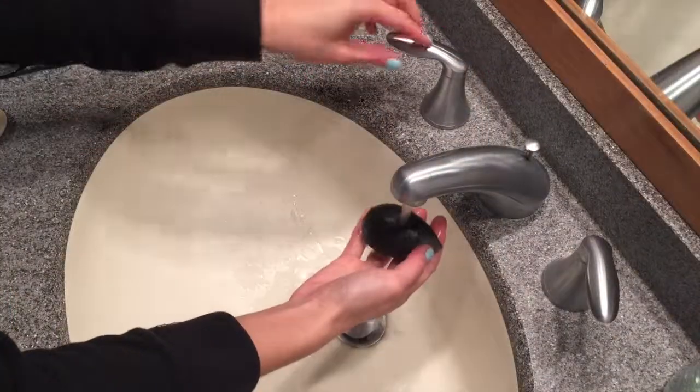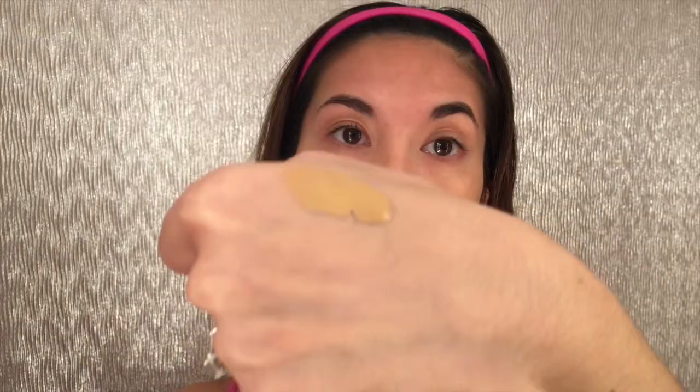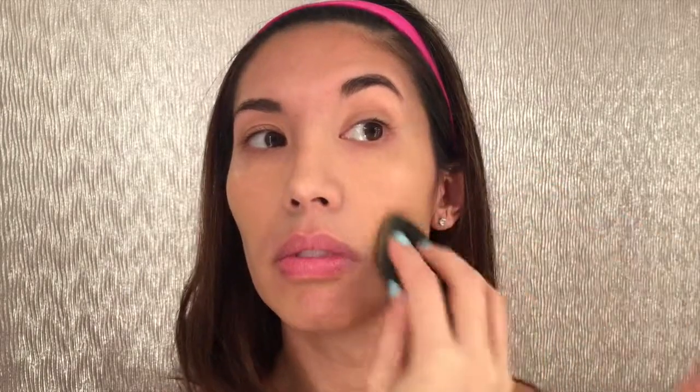Now I'm going to take my Beauty Blender, which is dampened, and stick it into my foundation, the Infallible. Just put a little bit on my sponge and then just start pressing it into the skin. I really, really love this combo with the, not the Cover Blend, what's it called? The Dermablend